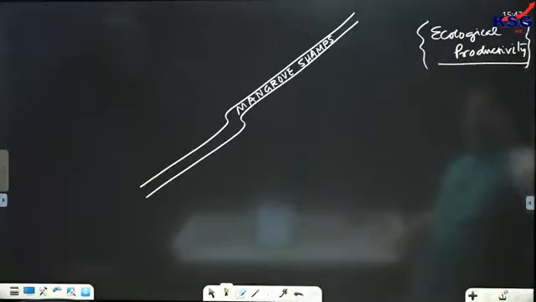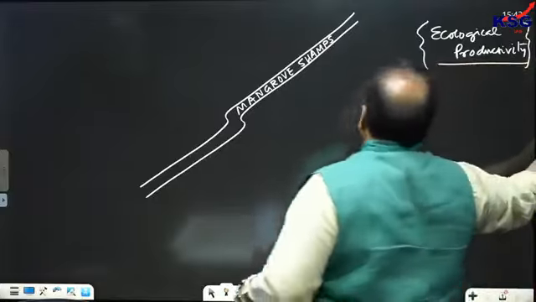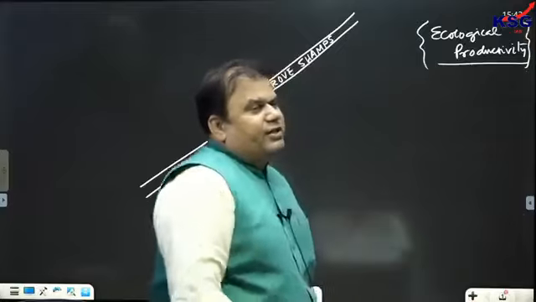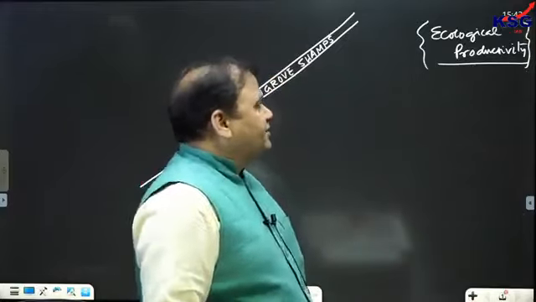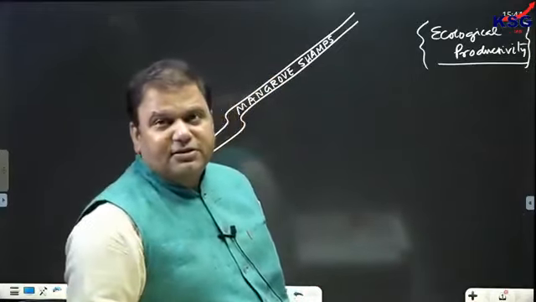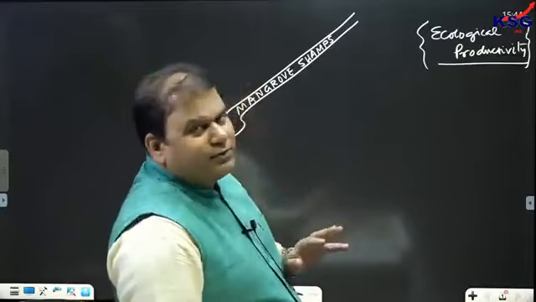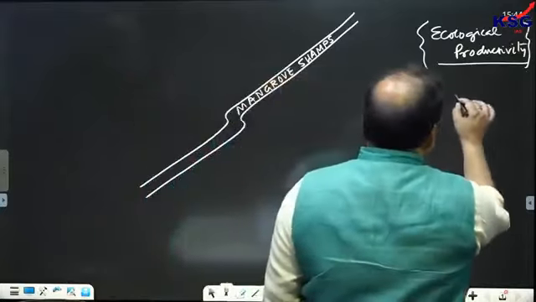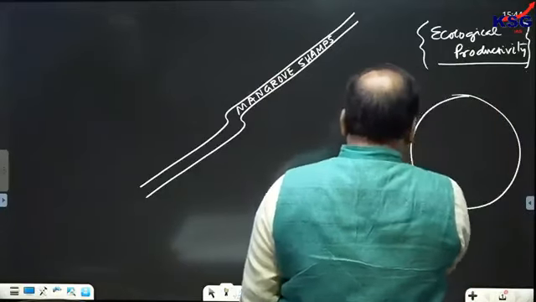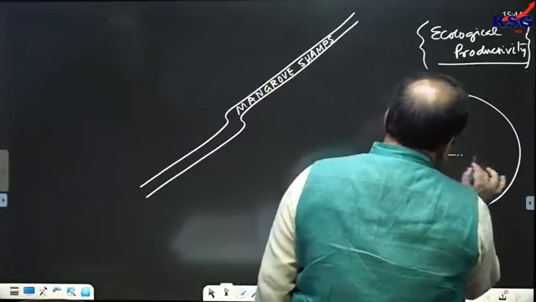So you can see ecological productivity depends on two main factors. One is the amount of solar radiation, and second is the ability of plants to convert solar energy into chemical energy, so that it can be used in photosynthesis. So two factors. One is the amount of solar radiation. If solar radiation is one factor, then productivity would be maximum on the globe where?